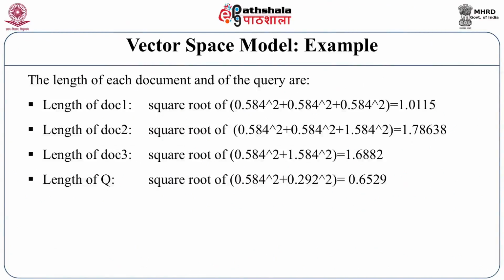Now I will calculate the length of each document. Keep in mind that this length, or the distance factor, is only Euclidean distance. So the length of document D1 is the square root of the sum of each cell value squared, that is 0.584 to the power 2, 0.584 to the power 2, and 0.584 to the power 2. After summing these terms, I am taking the square root of it. So it becomes